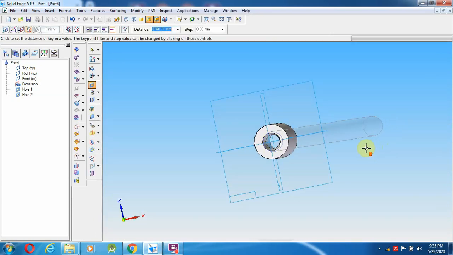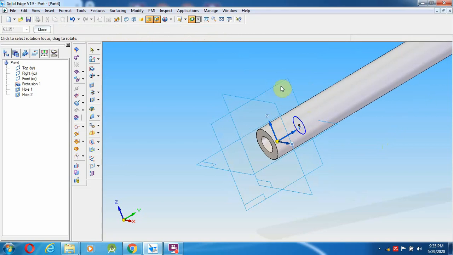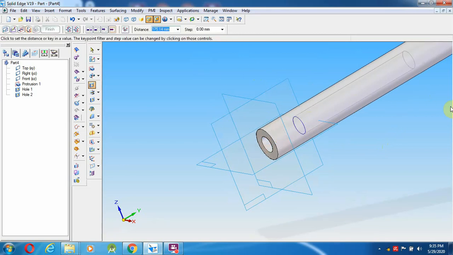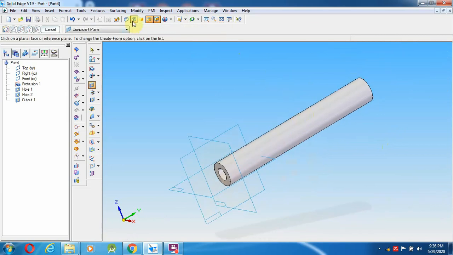So rotate right towards that side. The distance is 175 mm towards that side, left and right click, give fit. So we can see with the wireframe model that everything is done as per whatever is given in the part drawing sheet.